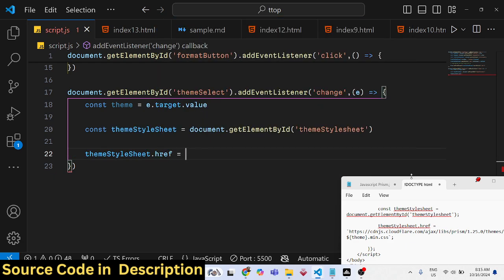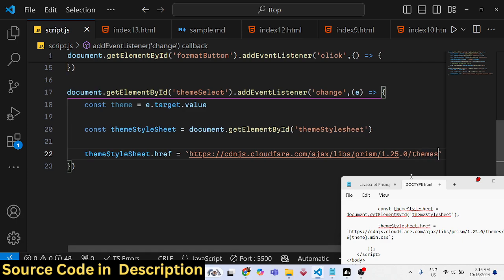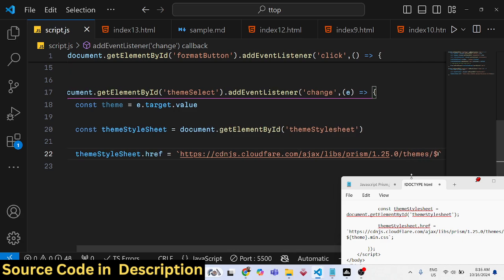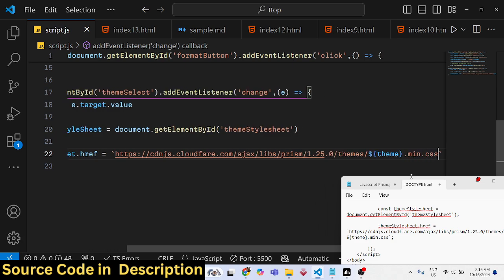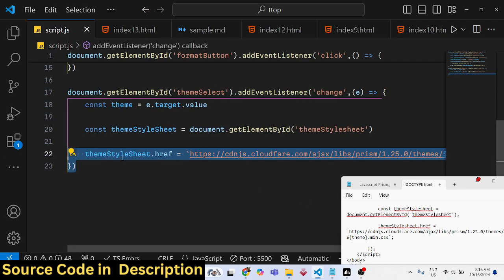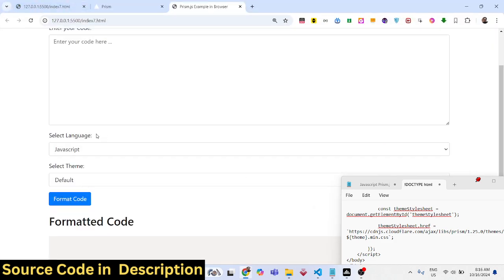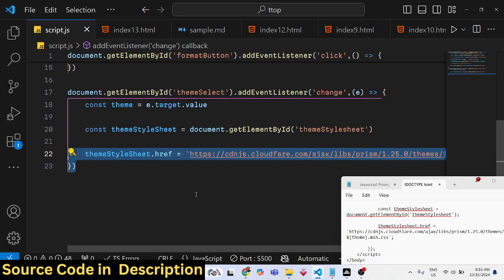we will manipulate the theme style sheet source parameter href. We will load that theme automatically using this CDN link, cdnjs.cloudflare.com/ajax/libs/prism, and every theme has a style sheet file attached to it. So it has themes slash, and here you will provide dynamically the theme name followed by min.css. That's all. So now as the user selects a particular theme, that style sheet will be fetched automatically using that